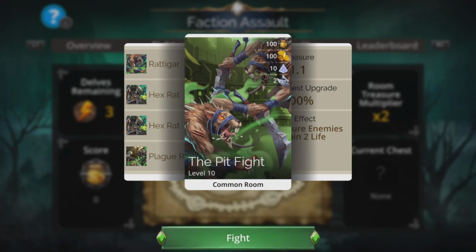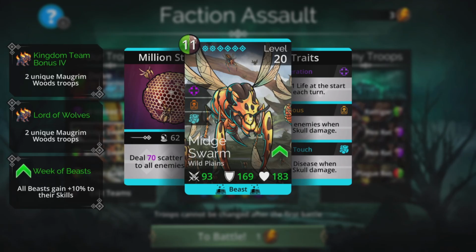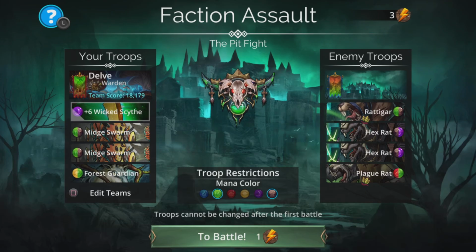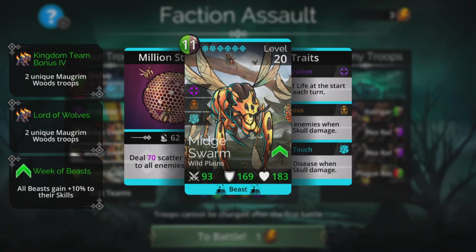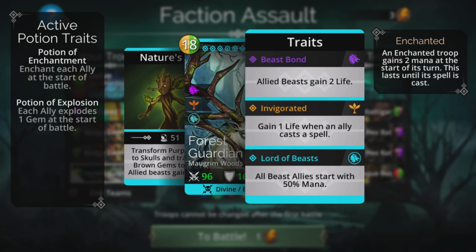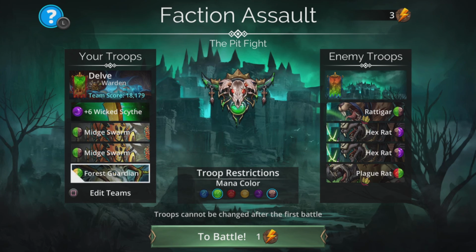So the first team, really low level, really easy to use. All we're going to have is a couple of Midge Swarms. These deal scatter damage twice to all enemies, which is really cool. Two of them in there. They are a beast type troop, so if you do have the Forest Guardian, this gives all beasts a 50% start with mana. Now the Forest Guardian is a higher level troop, so if you don't have that,